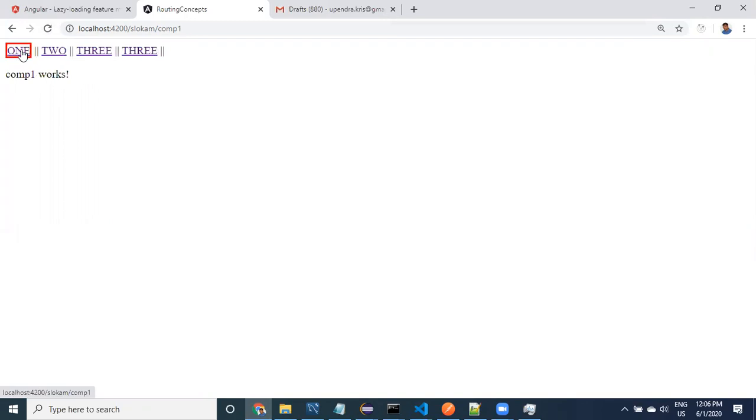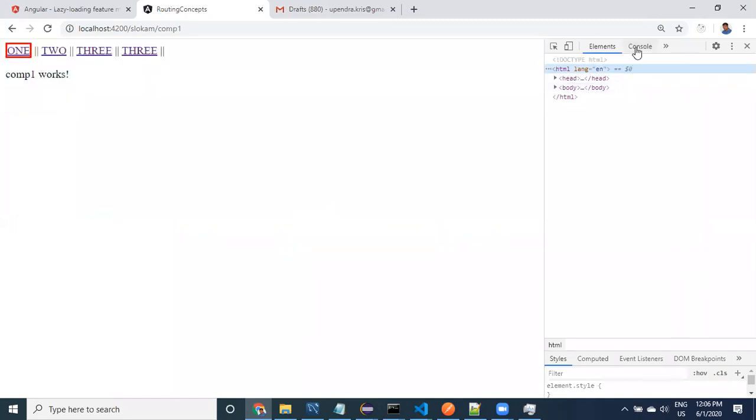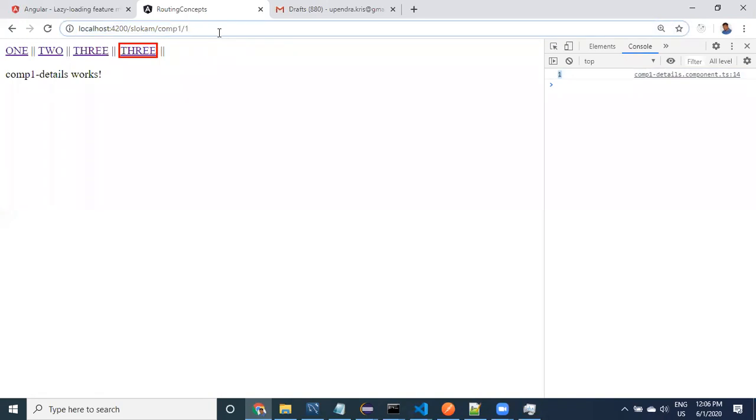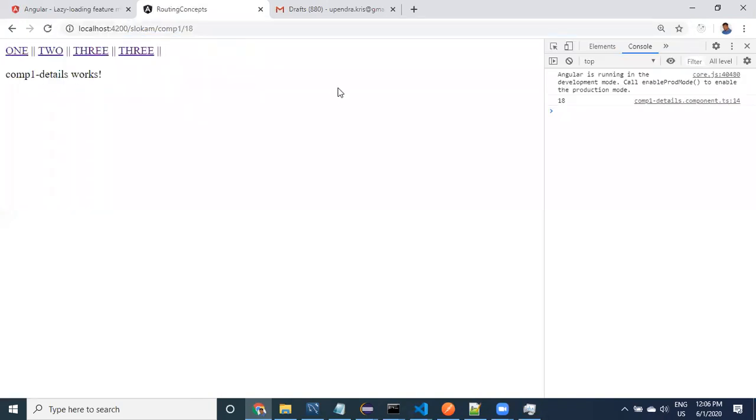First go to inspect, go to the console, clear this, and then click on 2, 3, the last one. See here, guys, we got one. Of course, we can change this 3 to 4 also, not a problem, whatever data you are passing. Provide 18. What happens now? It is not activated because you did not click on this. That's why it is giving an error.